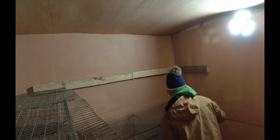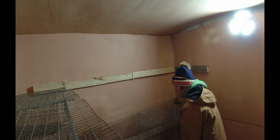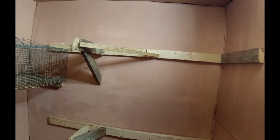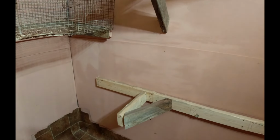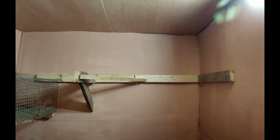I've already done that with this one here. And we're just gonna have to rework a few things here to make it work. So I need to admit, I'm not the best carpenter in the world, but it doesn't help when your walls are not square in the first place. So it's taking me a bit longer to get everything set up properly now. I think I've got it. I put a nice cross brace here so it's nice and solid for the cage. Did one down there. I think I'm ready to pop this bad boy up and see how it's gonna fit,